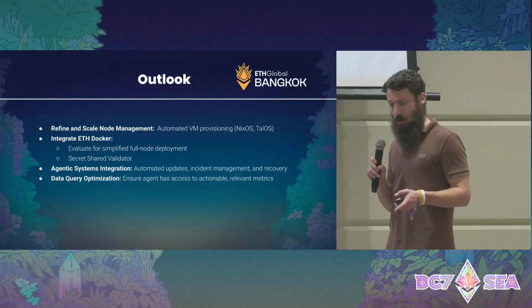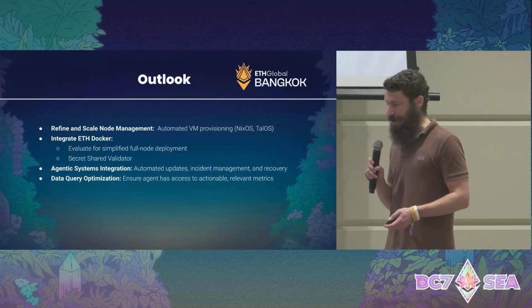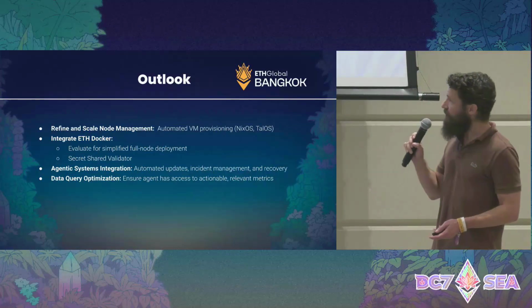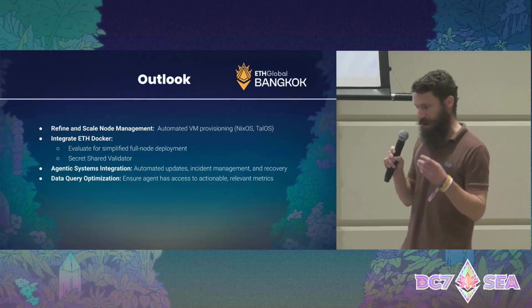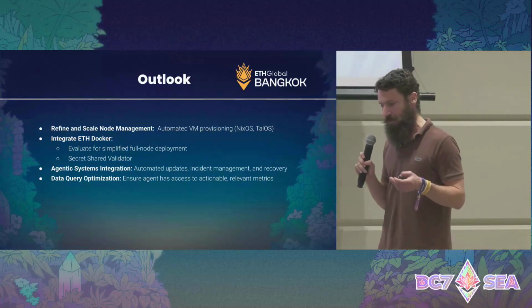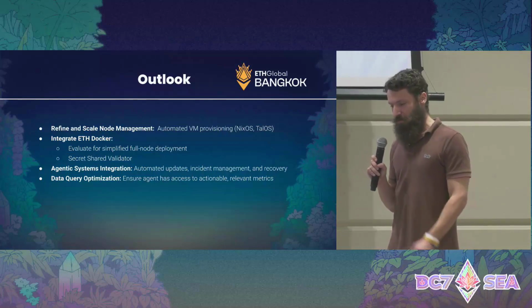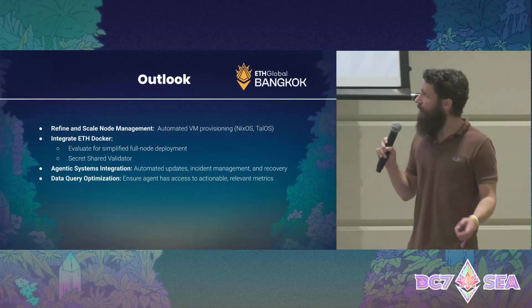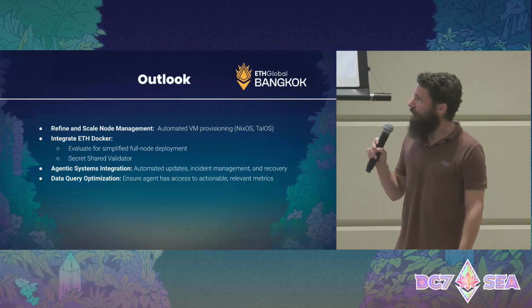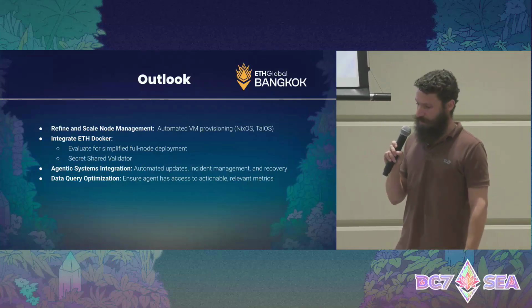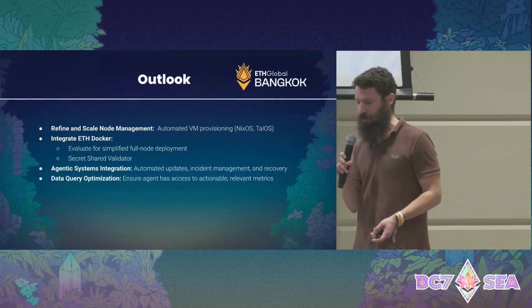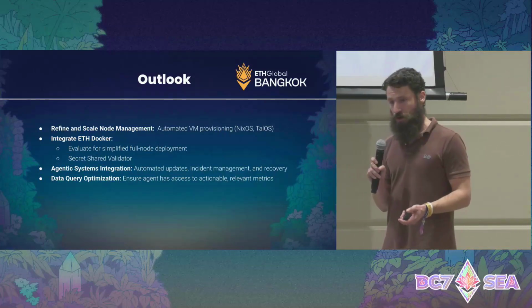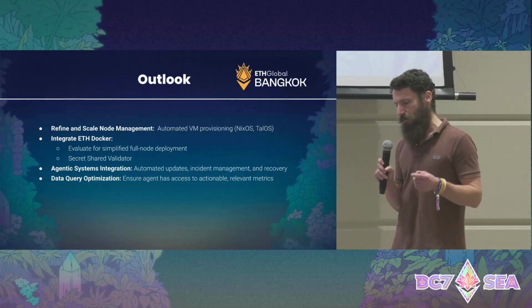And then I only very recently, that is to say yesterday, learned about the secret shared validator. So I'm going to look into this. This is something in the direction that I was thinking. I want to use this setup myself with an agentic system, because there I have a background. So I think it might actually partly at least overlap with the secret shared validator setup, because I was thinking in that same direction. And lastly, I want to optimize the data queries, because the idea of this agentic system